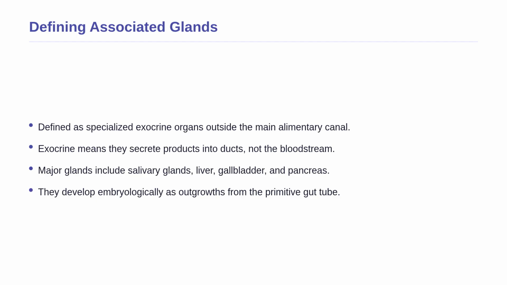Now that we understand their purpose, let us formally define what these glands are. In comparative anatomy, associated digestive glands are specialized exocrine organs. The term exocrine simply means they secrete their products into tubes or ducts, rather than directly into the bloodstream. These ducts empty right into the main alimentary canal. The major players here include the salivary glands in your mouth, the massive liver, the gallbladder, which stores bile, and